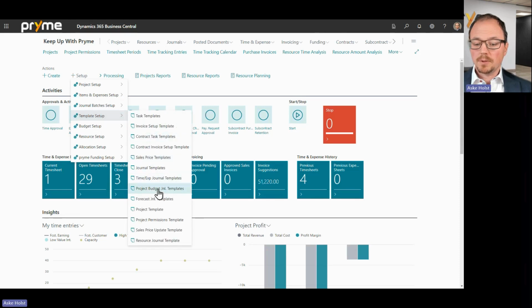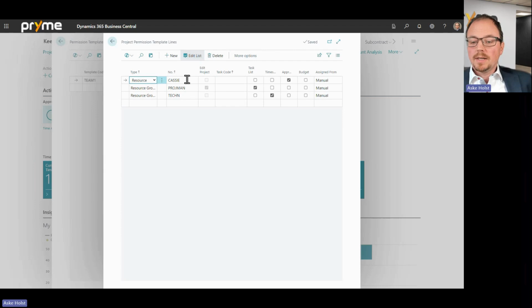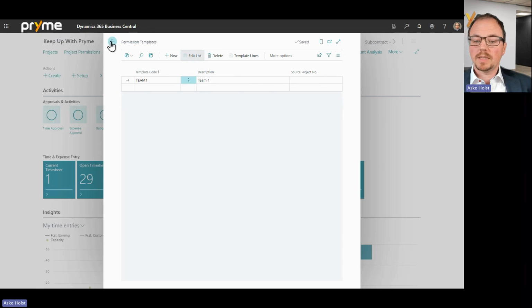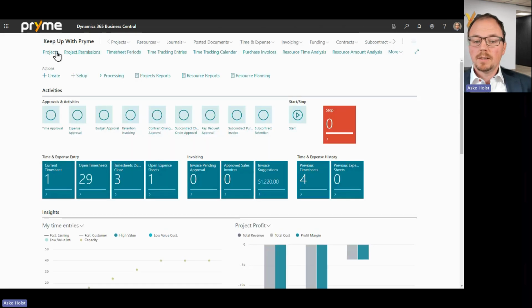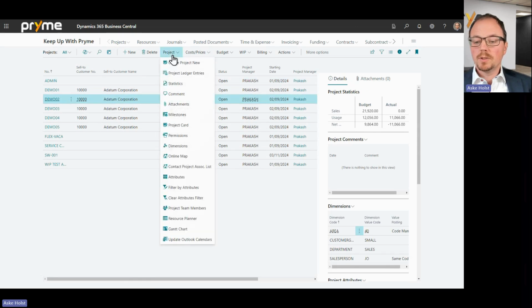It was a project permission template, sorry. So I have my project permission template. The template lines here are that Cassie should get approval, project managers should get task list, and technicians should get timesheet approval. And I've saved this as a template,